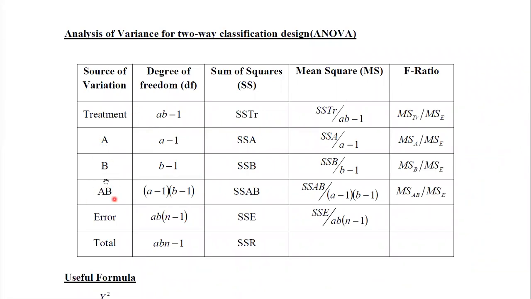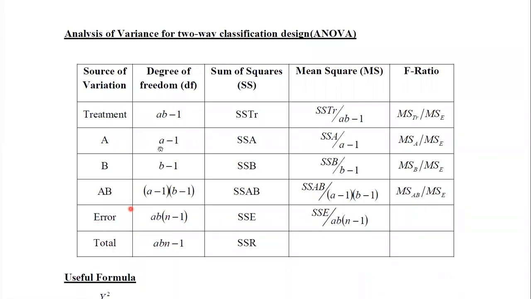Since we are interested in these interaction terms, we can also include the test for the interaction terms. Therefore, the sources of variation would be now treatment, main effect A, main effect B, interaction effect AB, error and